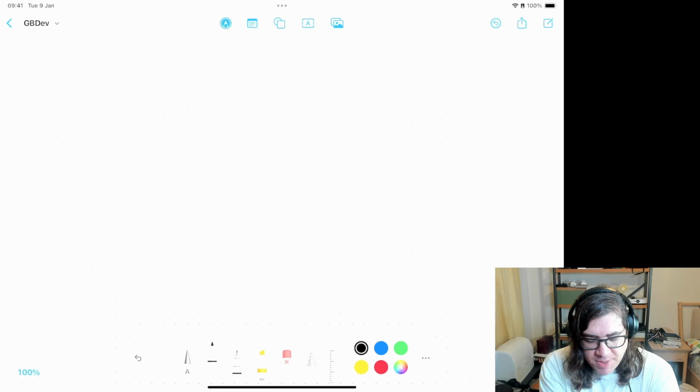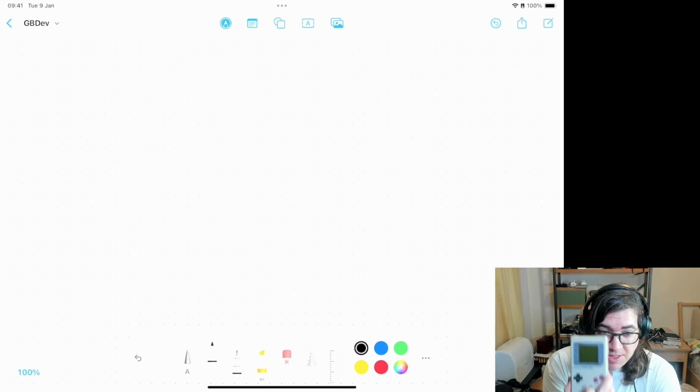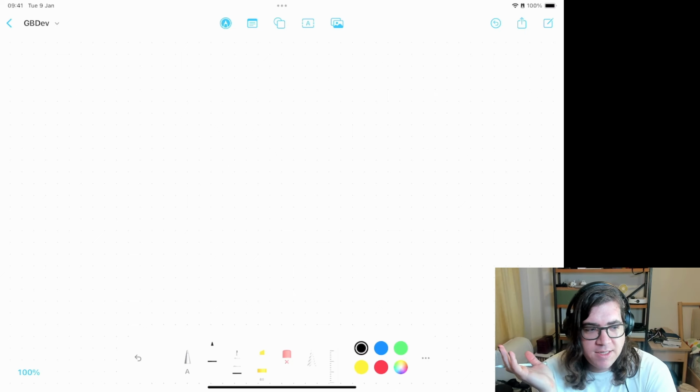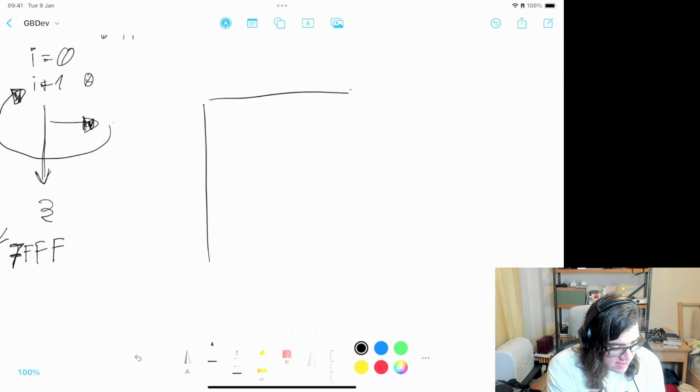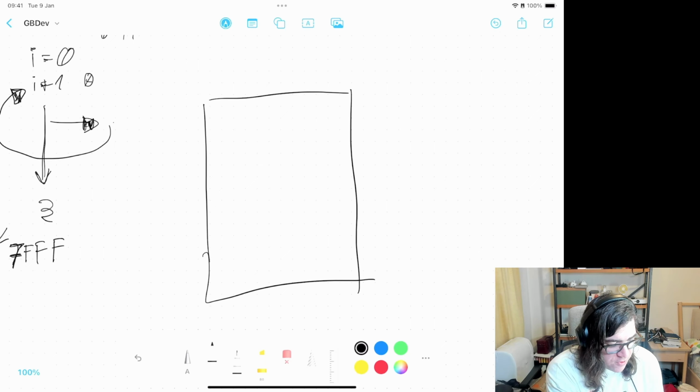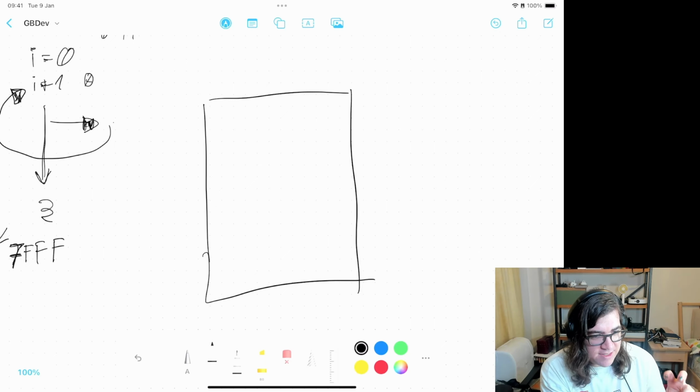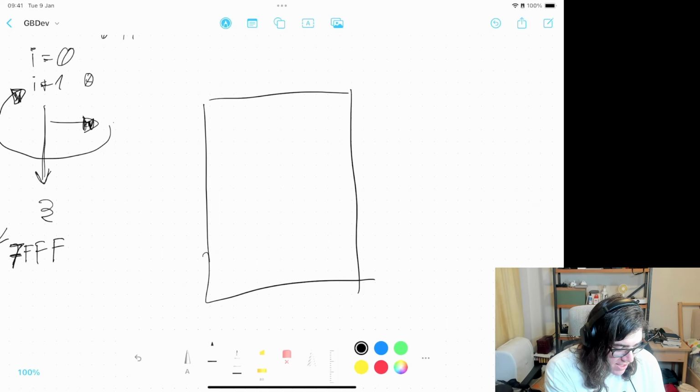So it's just a sequence of bytes, which can either be instructions for the CPU, right, to tell the Game Boy CPU what to do next, or it can be, I don't know, game graphics, or music, sound files, anything really, right? What I want to do today is, in this block of bytes, that is the cartridge,